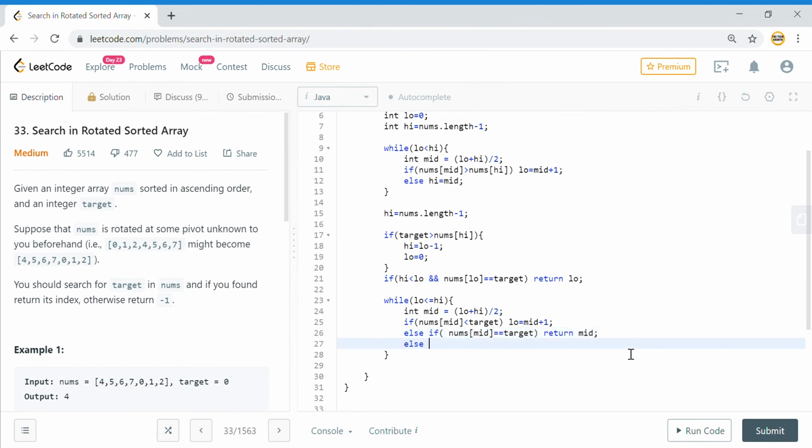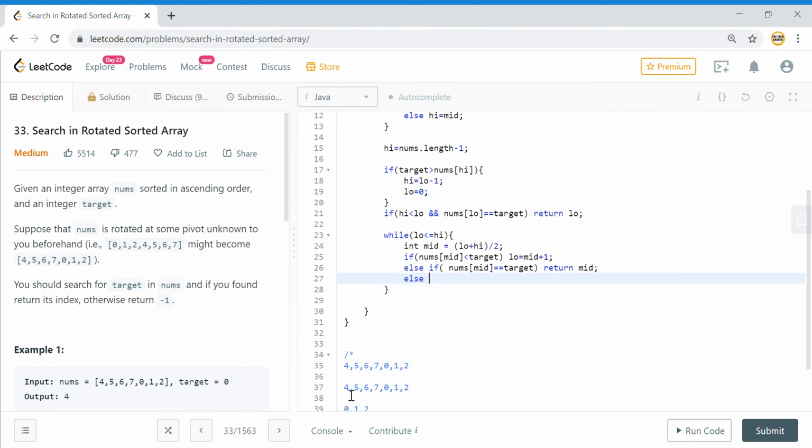And the final case: if I'm looking for 5 in this particular array and mid is this, so nums of mid is more than my target, so I will decrease my higher bound, so my high will become mid minus 1. So this is how we will do the search, and finally we will just return -1 in case we are not able to find that element either on the left side or on the right hand side.